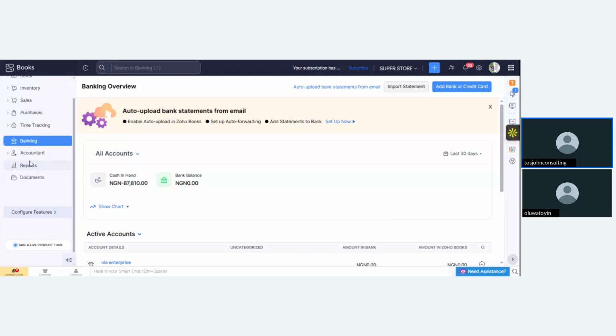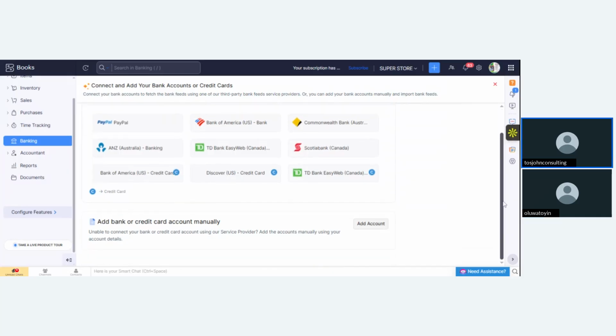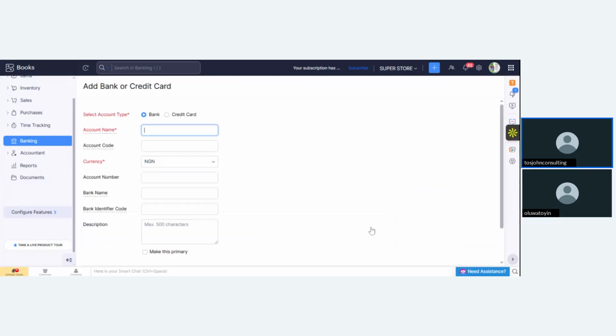So for this banking, let's come back to the software. Once you open your corporate account, you now come to this banking. You are doing setup. You come to this banking, then you now come to this place. Look at this place. So you can see the accounting software too. They make sure that you put every necessary setup in place to know what the business is doing. You come here, then you add it. The name of the bank, GT Bank, Naira is the currency, the account number, you set it and everything.